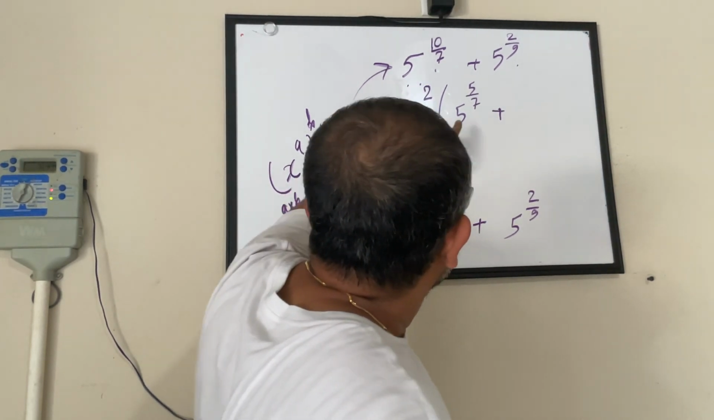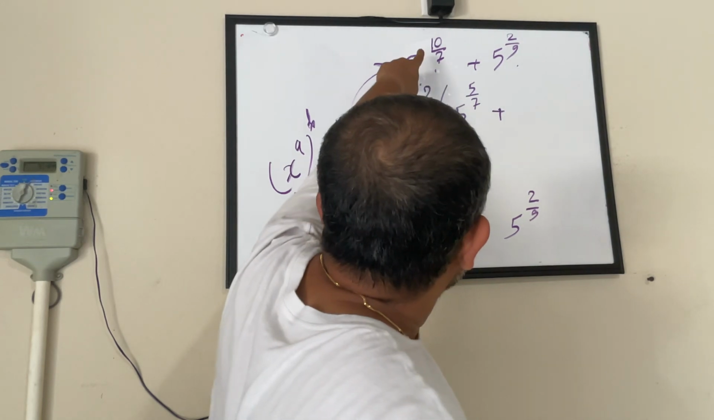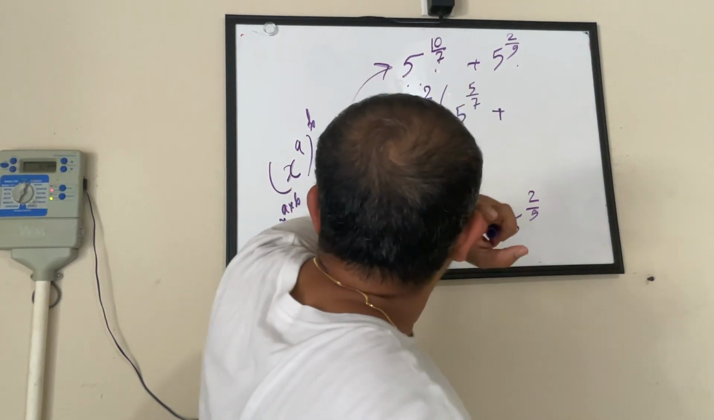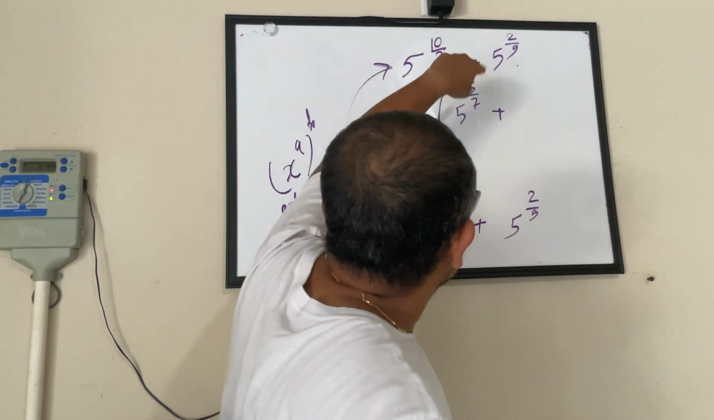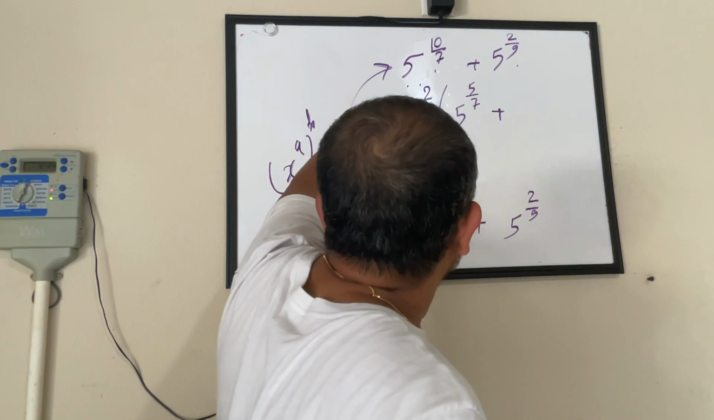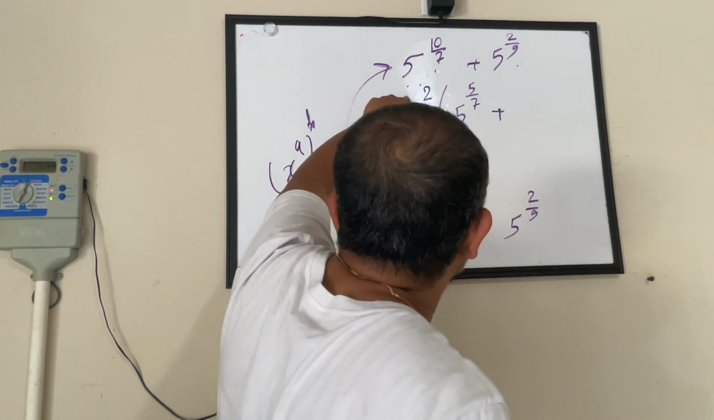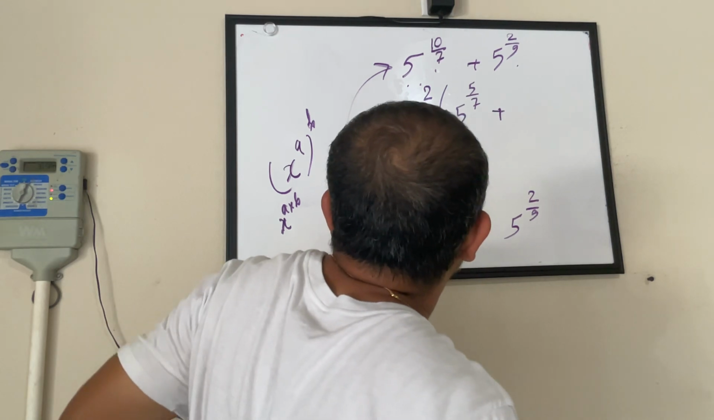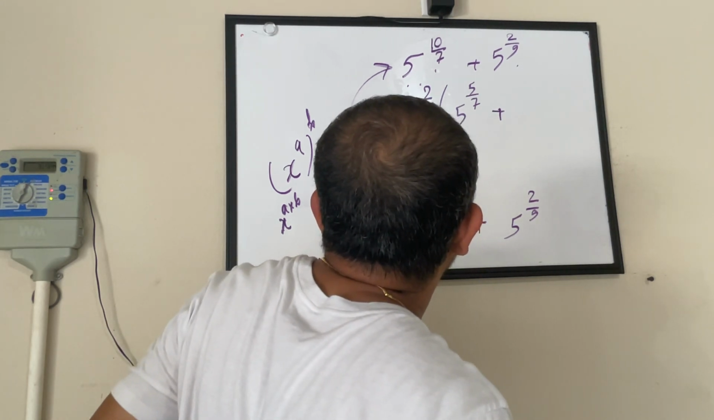No. This will not be the case. If I have to take 5^(10/7), 5^(2/9), I am myself getting stuck in this math. Okay? So how much can I take out? I can say